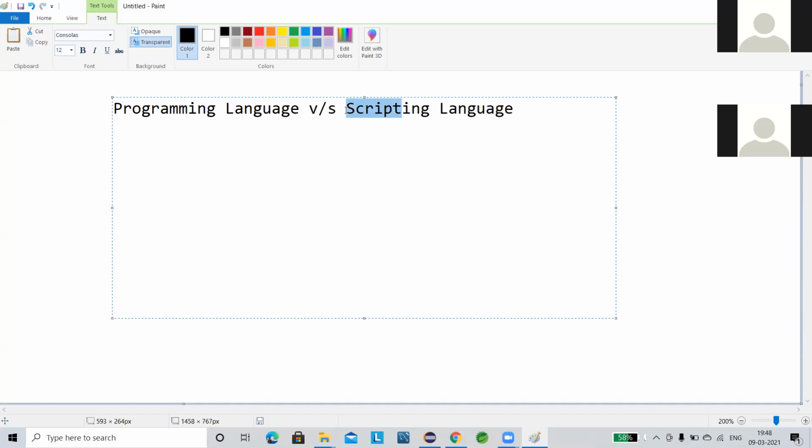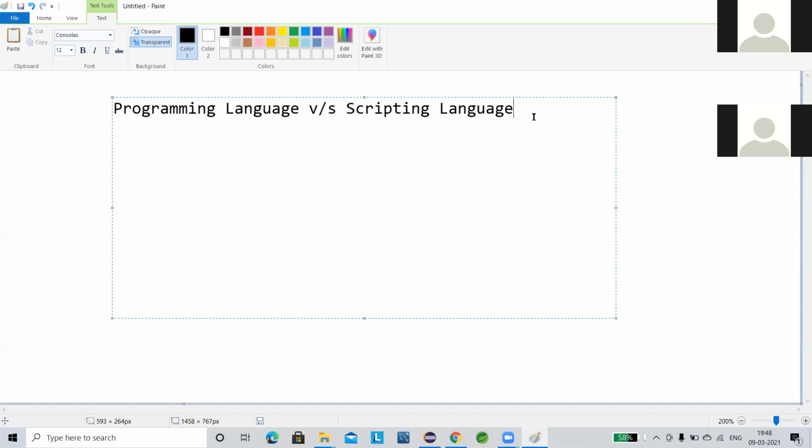The second one is that scripting languages always follow an interpreter. Python is also an interpreter. So we can say that Python is a scripting language according to the interpreter concept. And the first one, that we can directly run at the console, we can directly send some data to the console. Yes, in Python you can also do that directly.